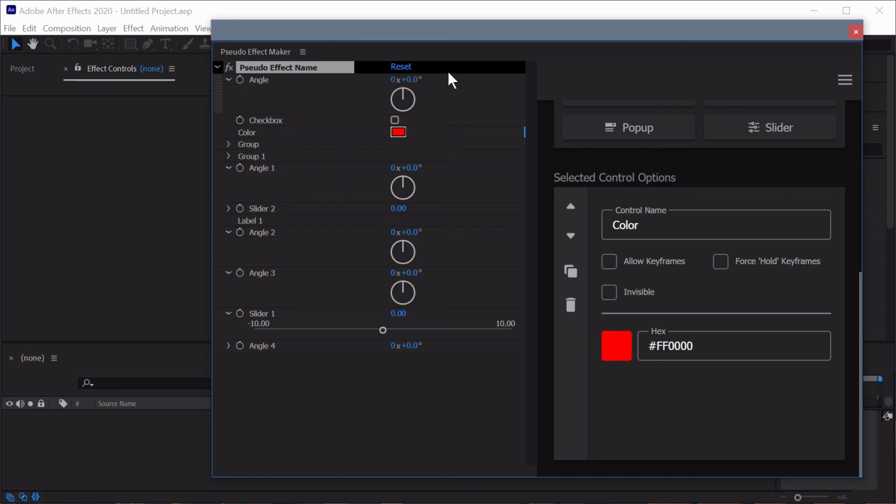Okay, but that's it for the effect panel preferences. In the next video, we'll go over the control panel